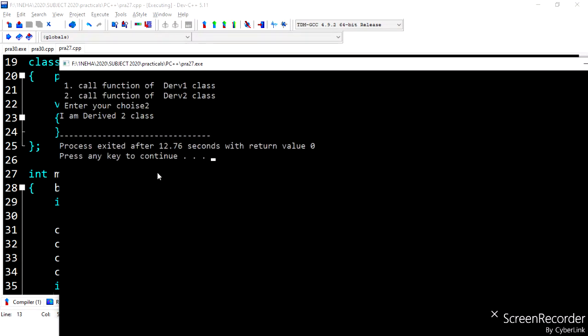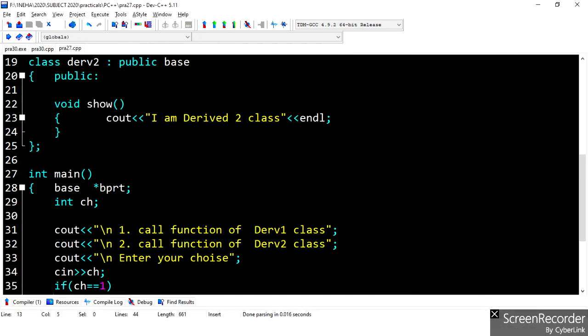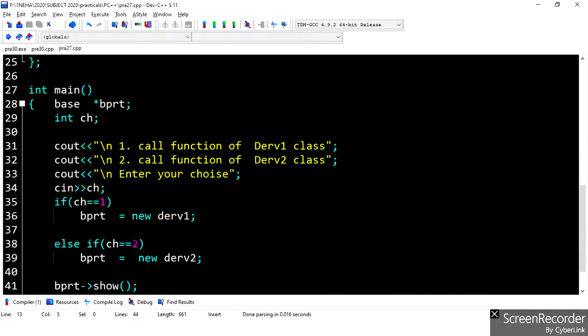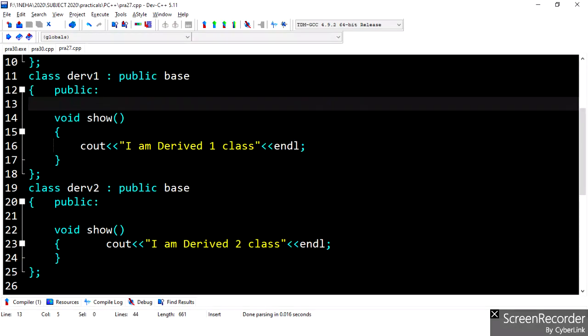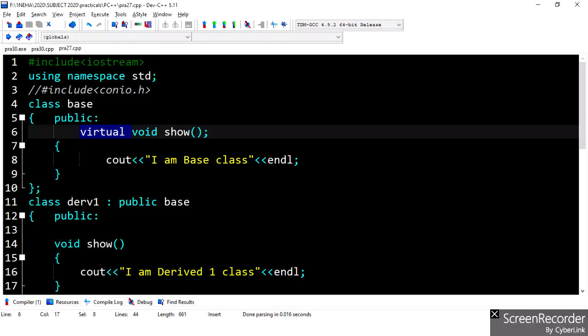So by simply executing this program, we can understand that a base class pointer can be used to access the derived class function if the same function name is declared in the base class with the virtual keyword, right?